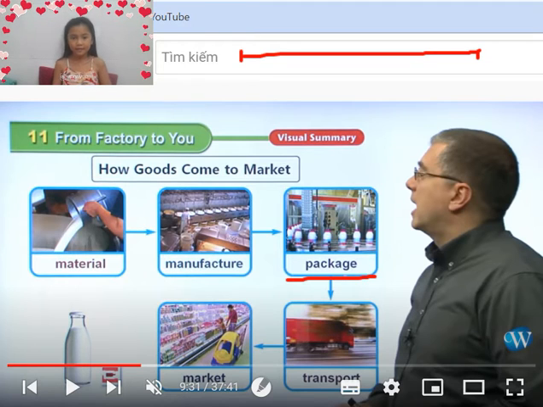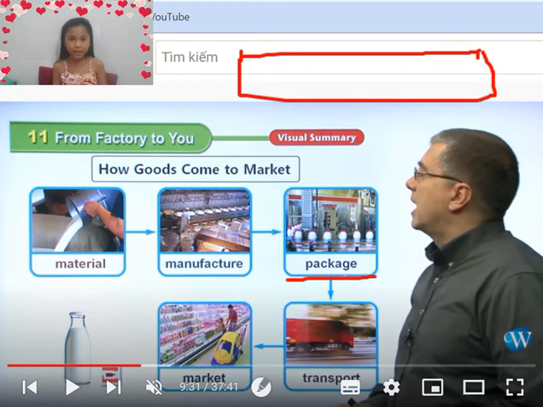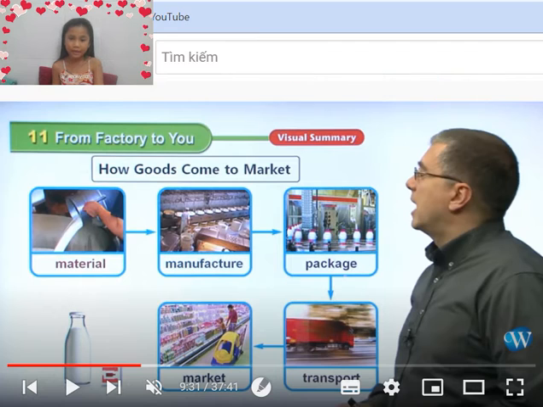So after it's transported to the market, the workers there put them on the shelf. Kind of like this is the shelf. And they'll put in bottles of milk. Here, right here. Okay?